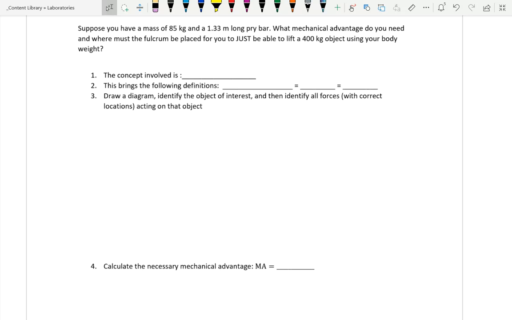Okay, equilibrium. It's equilibrium, the special case of a simple machine. Why did I say the special case, the simple machine? Because I'm going to go straight to,